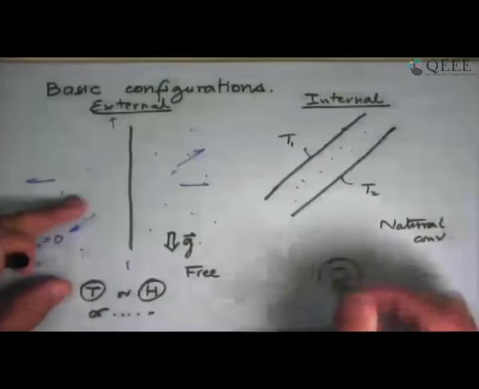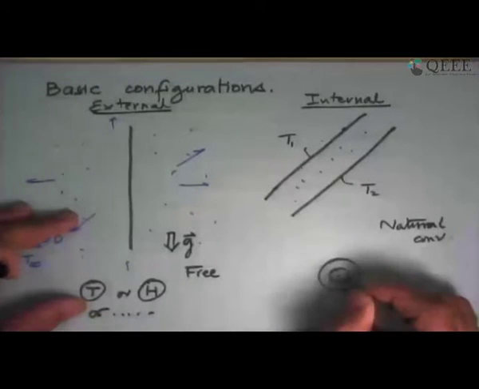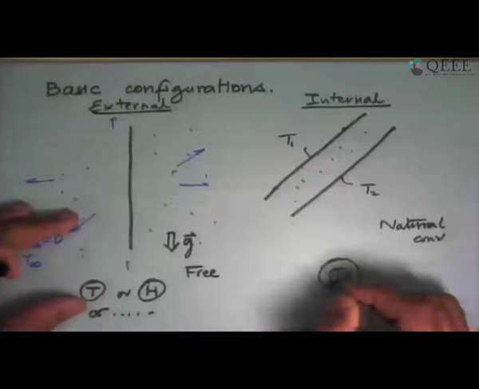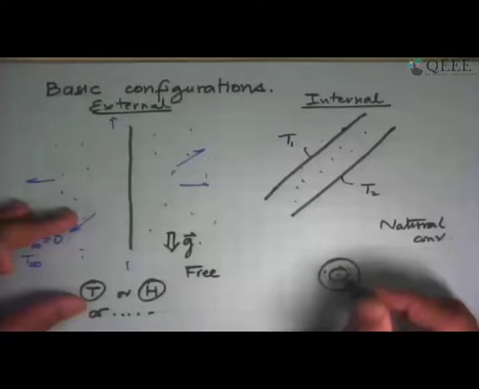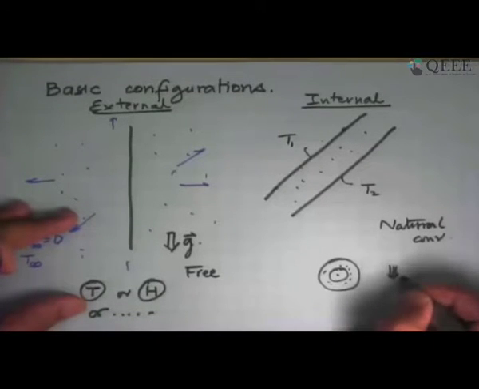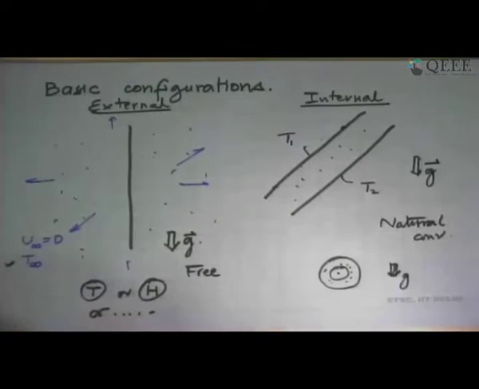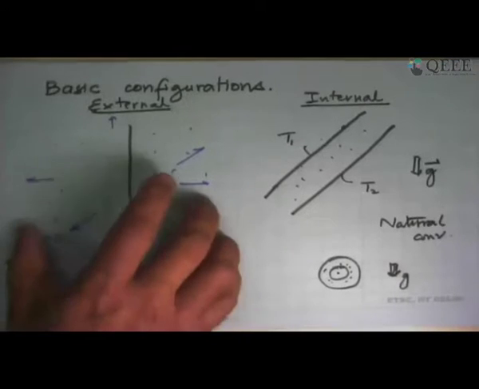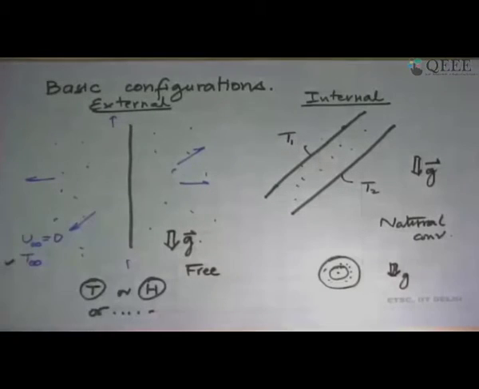Another configuration of internal flow is you have two infinitely long cylinders parallel to one another. In between them there is a gap. So if this gap is there, one surface is hot, one is cold, you will have heat transfer that is governed inside this by natural convection, where gravity, in both these cases, is an important player. So we will look at this case first. It is easier to get different aspects of it. We will write the differential equations and then we will see what happens.